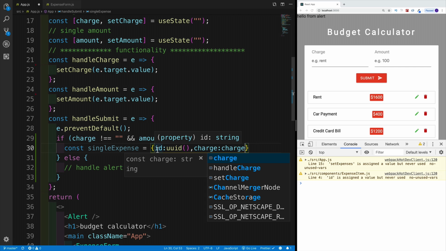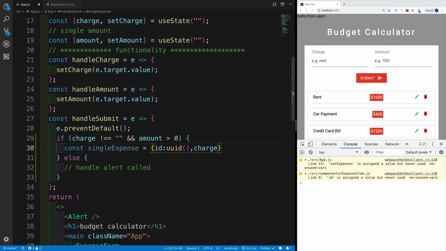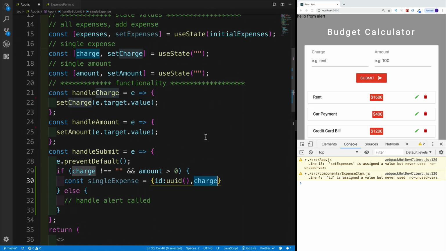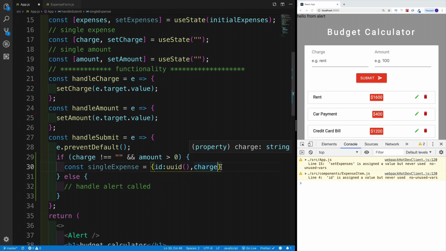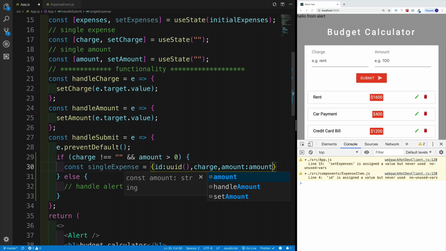But since in ES6 we can just write like this, where if the property name is equal to whatever we're accessing, I can just skip it and say, you know what, there's going to be a charge property by the value of whatever is coming from the state. Okay, in this case, charge. And the same thing I can do with amount. Just please remember, again, it is exactly the same as if I would have written it like this. Okay, amount is equal to amount. But since we would like to skip some real estate, I can just say, all right,